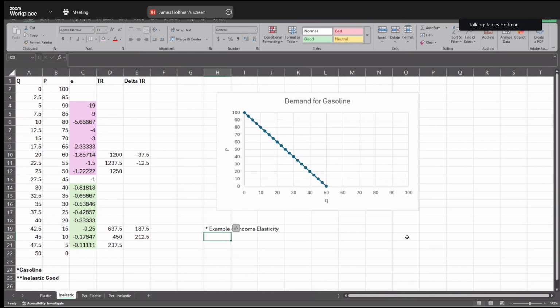All right, so you gotta define these things. Let's say that gasoline is a normal good. Okay. And let's say that this is the demand curve for gasoline. So if gasoline is a normal good, that means that when consumers get more income, they buy more of it, and vice versa, or income goes down, they buy less of it. Okay? So let's then say that